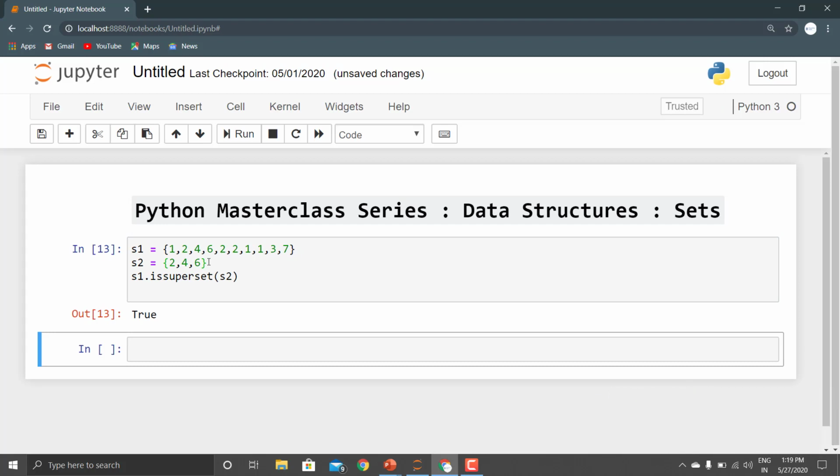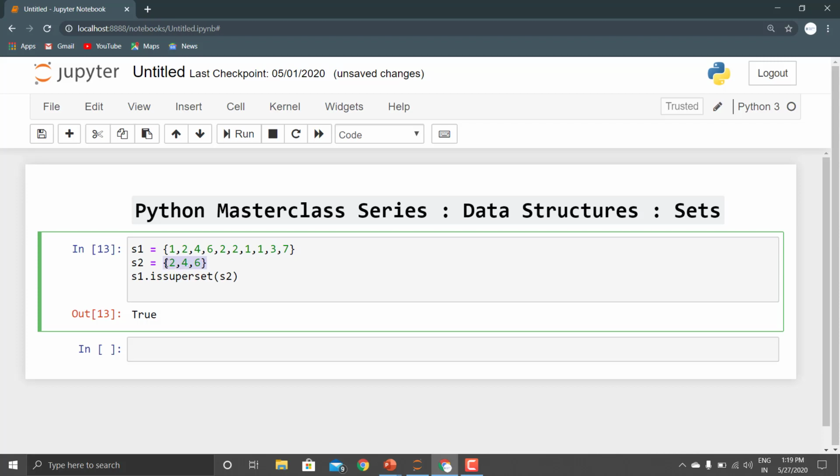So what is this? This shows us that set 2, which is 2, 4 and 6, is actually present in S1 as well. So S1 is the superset, like the parent of S2.